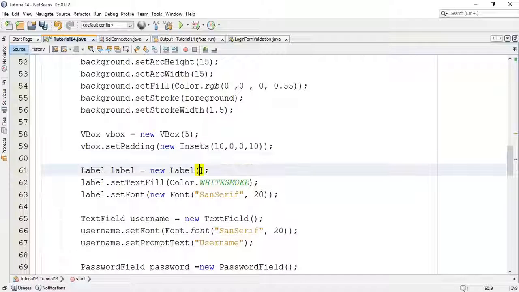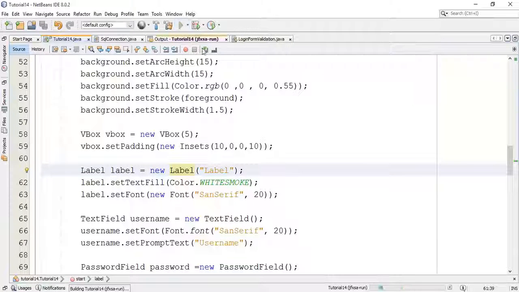We have not added any label name, so add label in the label field, and run once again.